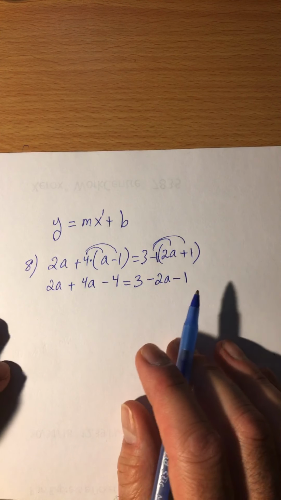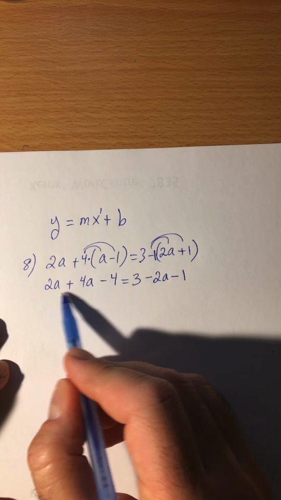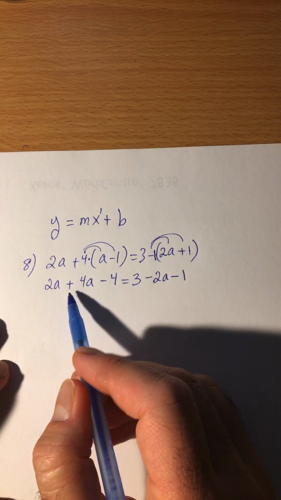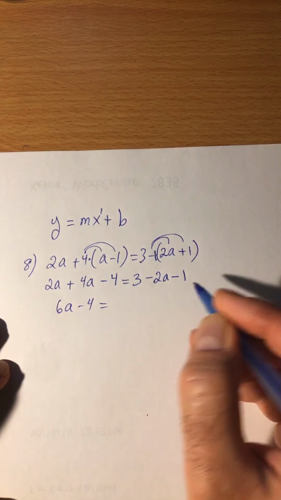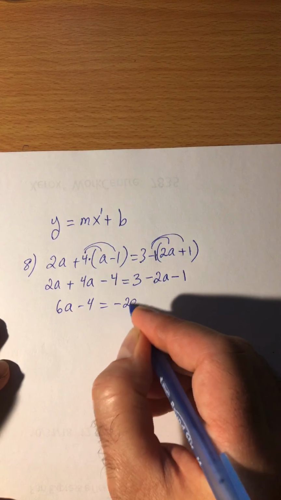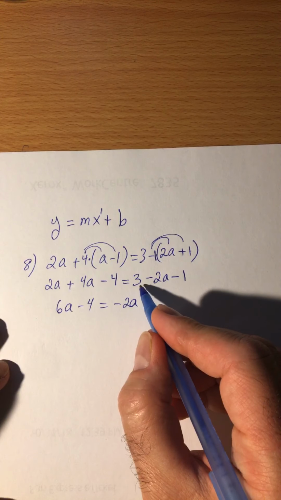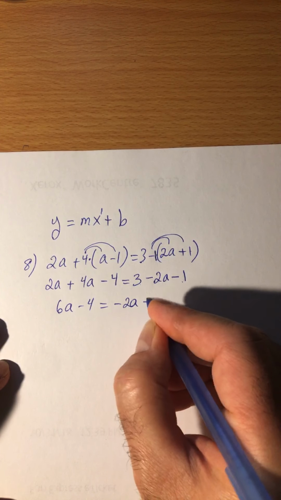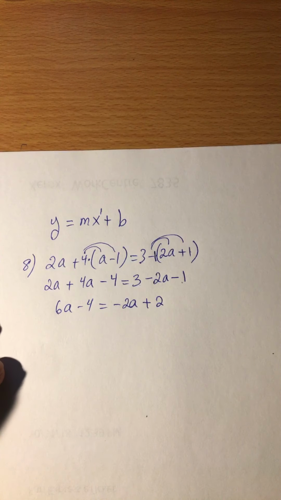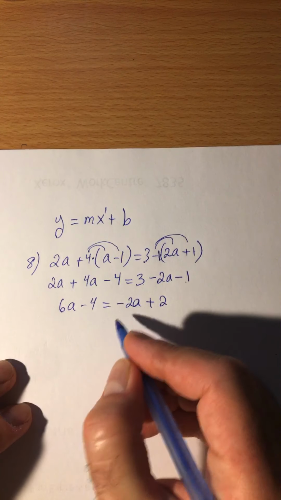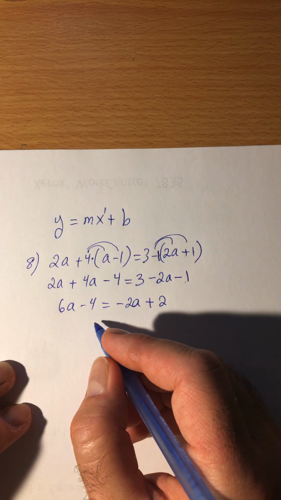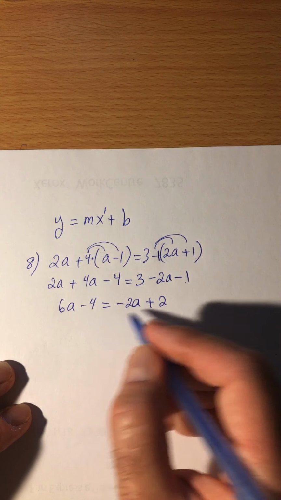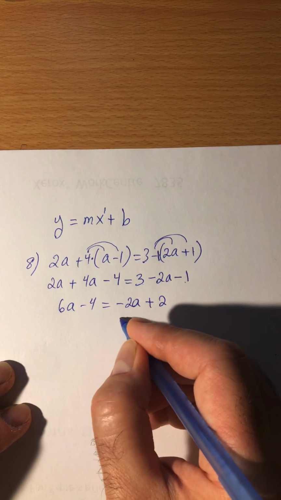Okay. So now let's go back to the left side. Can we combine anything? Do we have any like terms? Yes, we do. 2a and 4a, that's 6a minus 4 equals negative 2a. There are no terms with a on the right, but then we have 3 minus 1, which is a 2. All right, now that we have variables on both sides, obviously we want to move them all to one side. So you don't always have to move it to the left side of the equal sign. You can also move it to the right side, but usually we move it to the left,